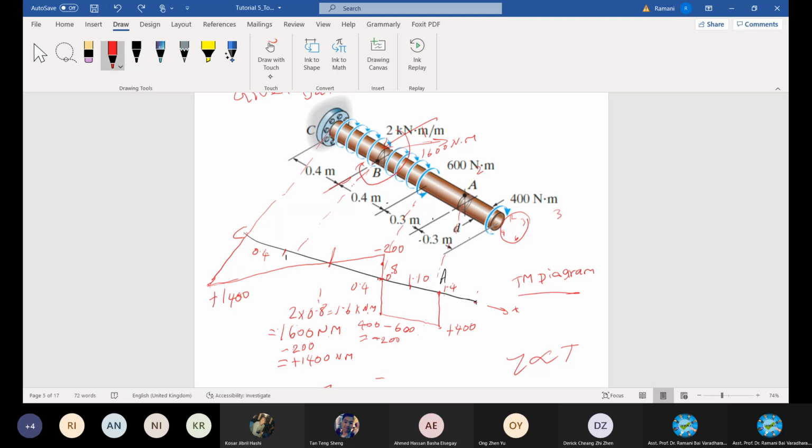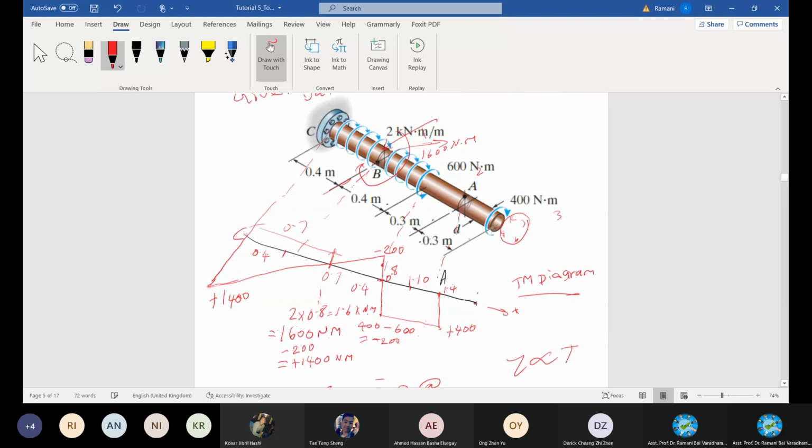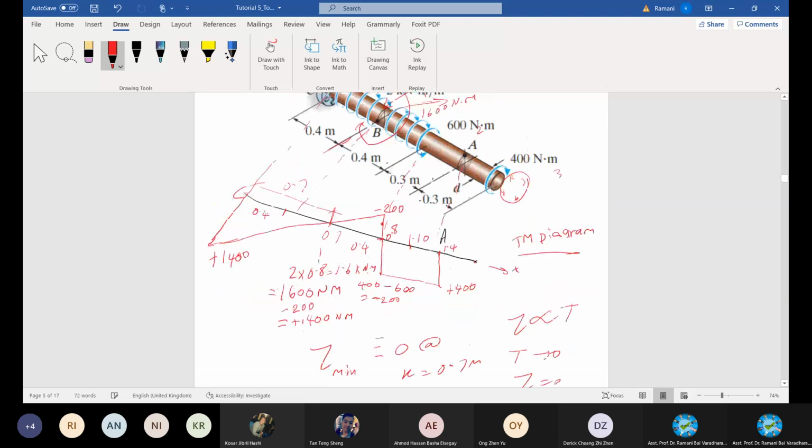Can be roughly 0.6 to 0.7. Am I right? So the distance might be 0.7 roughly. If you write 0.6 to 0.7, any value between 0.6 to 0.7, you'll be getting the answer based on the diagram. Am I right? It is nullified, or the stress becomes 0, or no moment is acting at x equal to 0.7 meter. Okay, that is the answer.